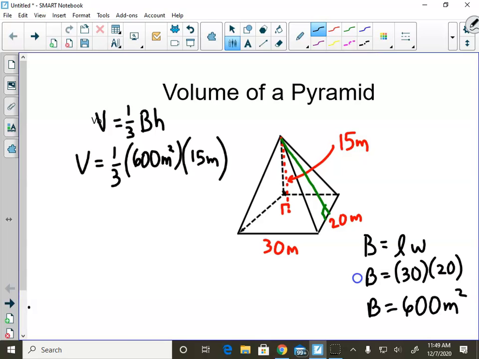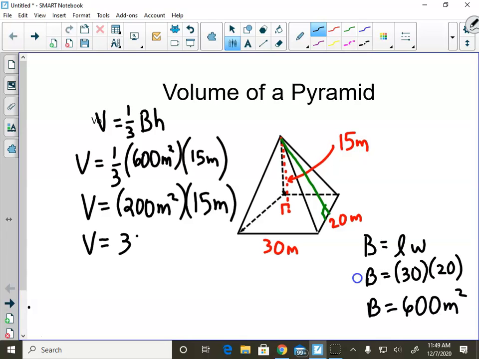So at this point, we can take 1/3 of 600, which would be 200. So we're going to have 200 meters squared times 15 meters. And now we can multiply that out. So we're going to end up with a total of 3,000